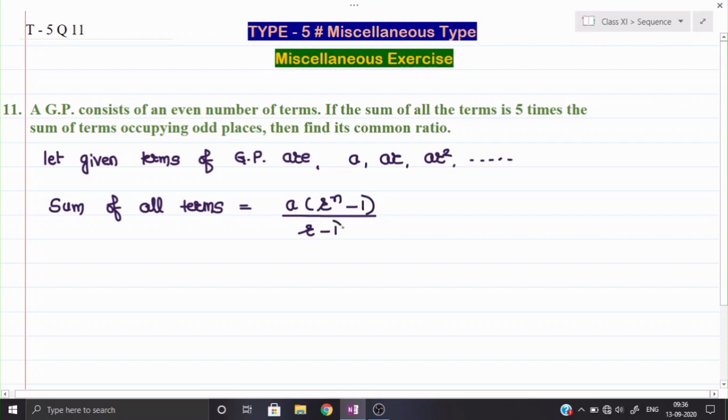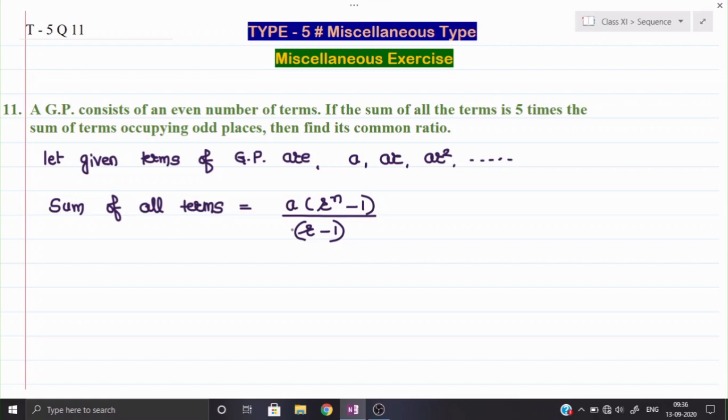See, here it is not clear whether the value of r is more than 1 or less than 1. So in some previous question I also explained to you, in such cases you can take the value of r either more than 1 or less than 1 also. I prefer to take the value as more than 1, and in each and every question of such kind I always use the value of r more than 1.